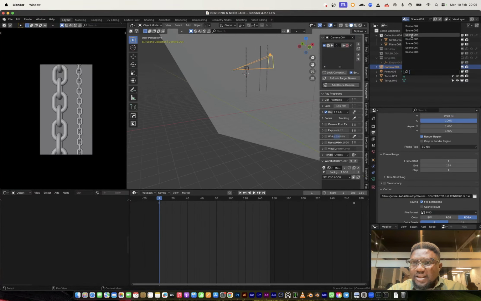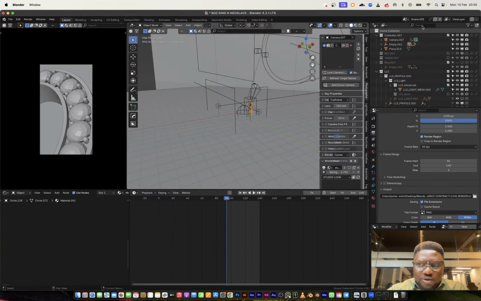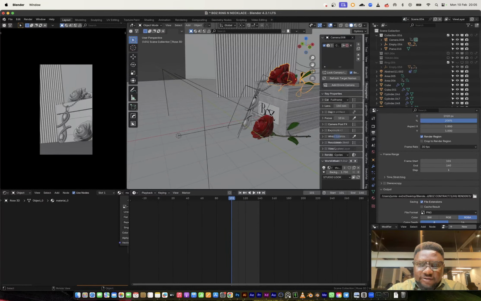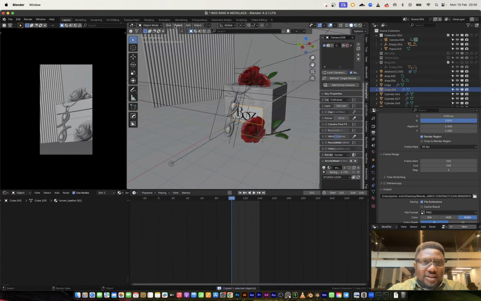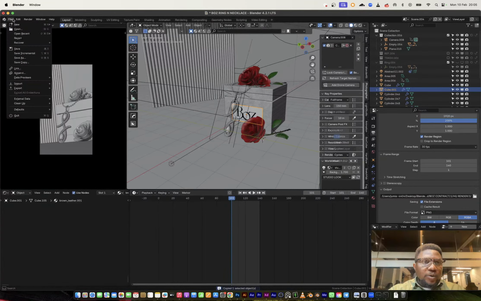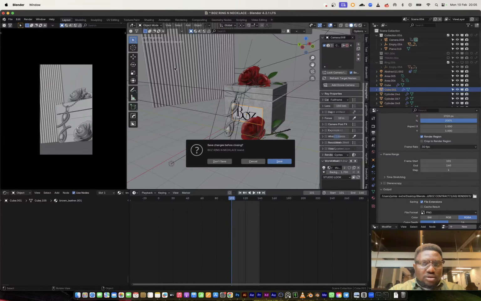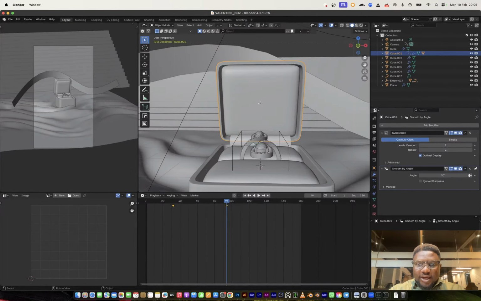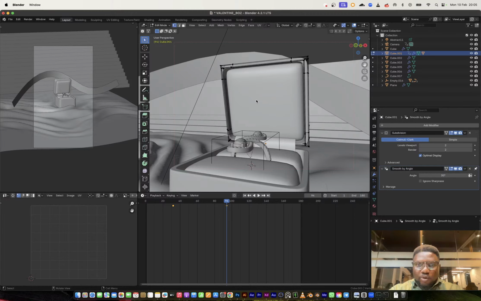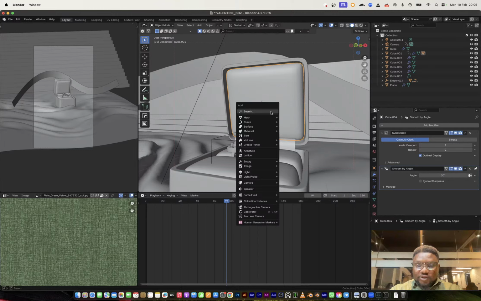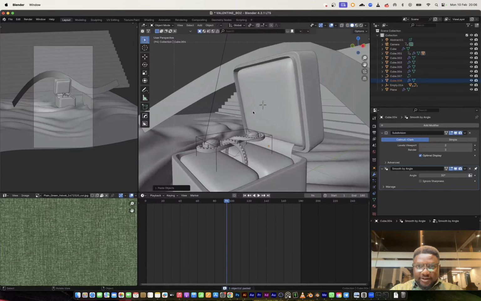So I think for this shot, this is the shot with the box. Yeah, for this shot I used the logo. So I'm going to copy that, and I'm going to just use it on that flat surface like that. So we're going to bring in our Valentine shot right here. And on this point, we can select this space, Shift X, and we'll bring the cursor to that. And what we copied, we'll just paste in there.